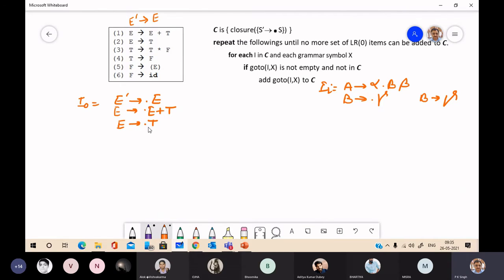Now see, again we have a new non-terminal T just after the dot.